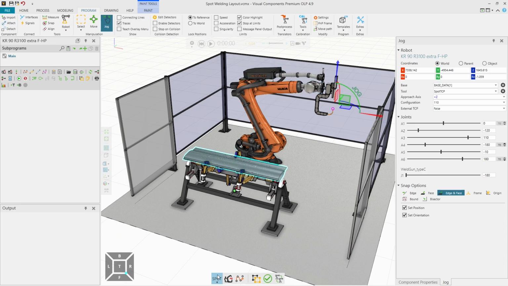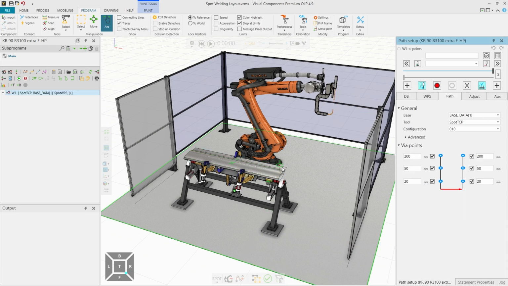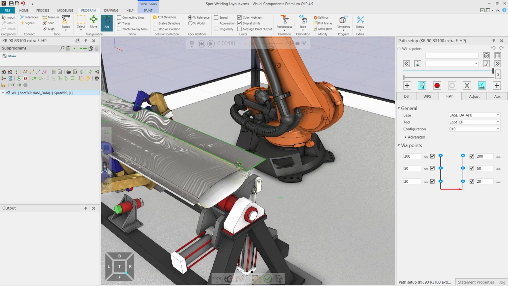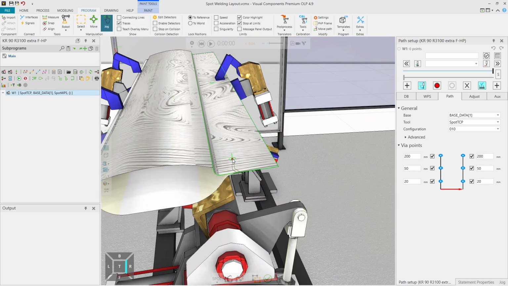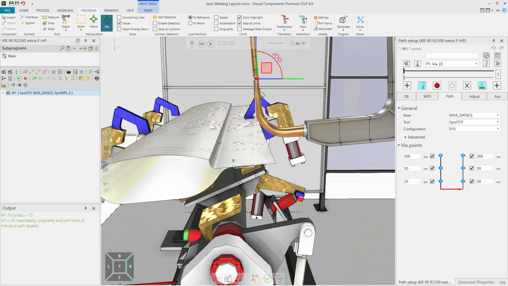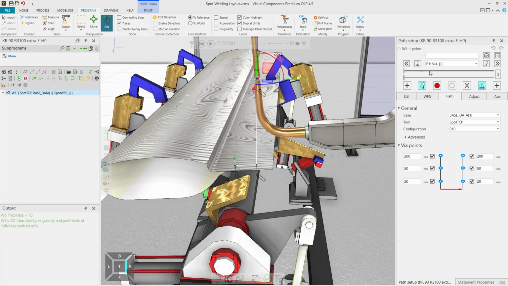To create spot welds for the workpiece, we're going to use the spot configuration on the hover panel, and we're going to first select the manual spot weld tool. When we click on the tool, it allows us to select a position from the workpiece, where with just one click we can select the position for the spot weld. Then we can see on the left hand side in the program editor everything about the spot weld, and on the right hand side, all the details within that spot weld that we can modify and configure.